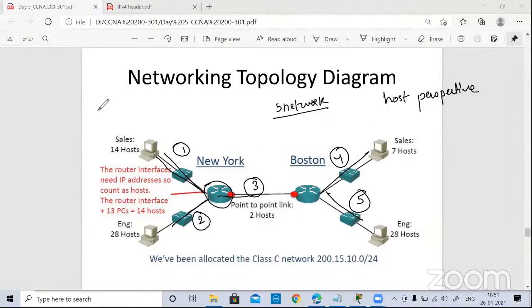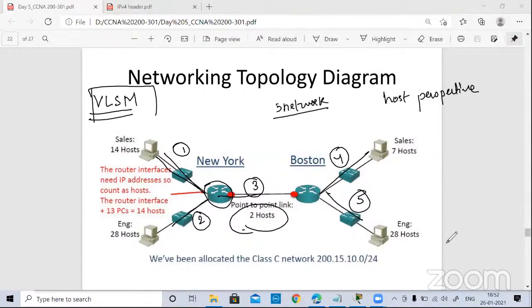Now I want you to do variable length subnetting. That is something we also understood yesterday: instead of having a fixed subnetting, since here we have a requirement of 2 hosts, why do fixed length subnetting? So I want you to do the subnetting for the given scenario as per the variable length subnet mask. So let's see what IP we have been given.